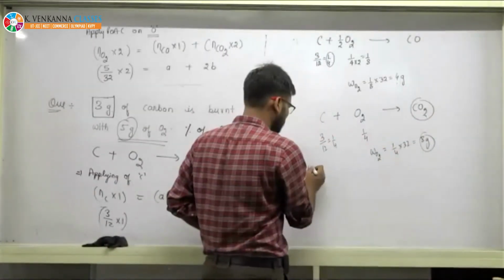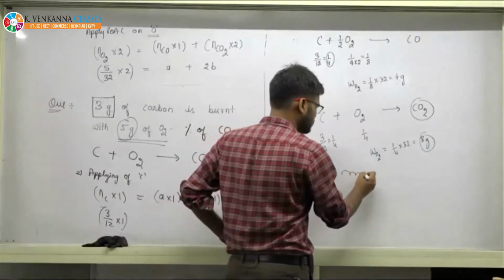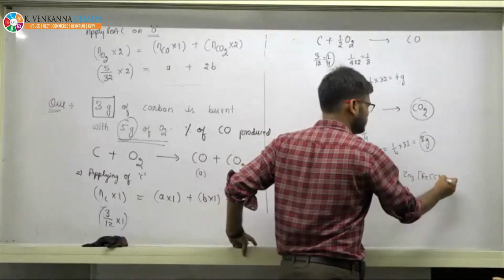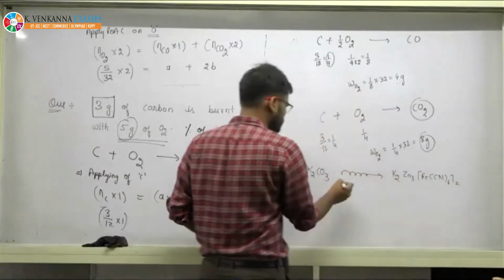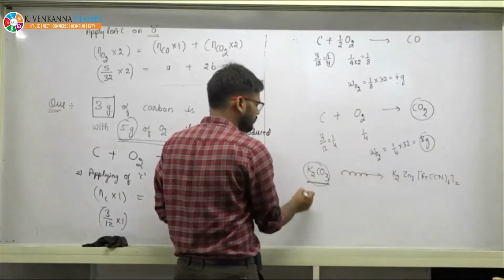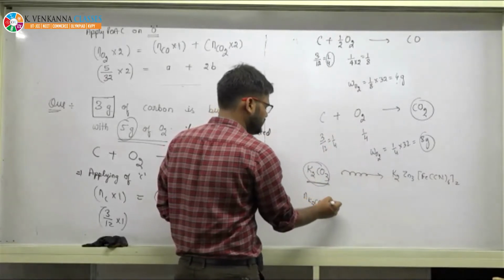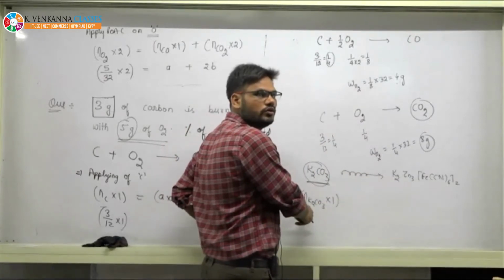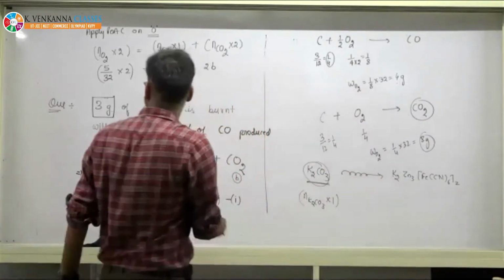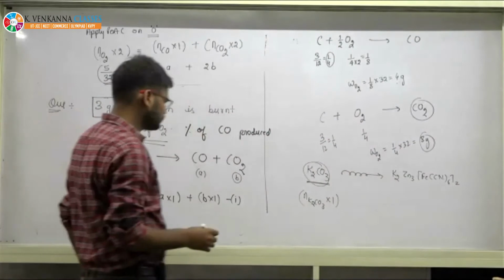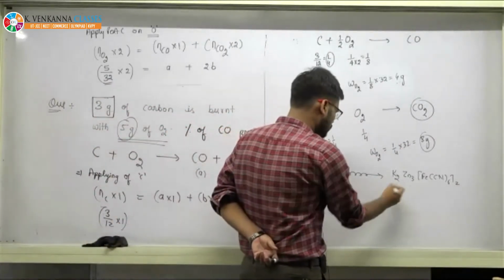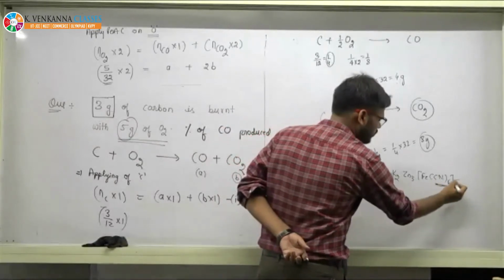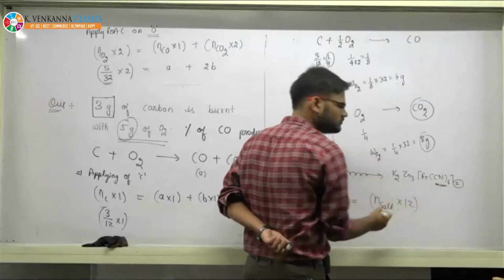The reaction given was K2CO3 gives K2Zn3[Fe(CN)6]2. Just to balance the carbon atom, they will be coming from this. So moles of K2CO3, and its atomicity is 1. You need to take the compound. Yes, it is 32, beta, so I have written 32. It should be equal to moles of this salt into, if you see, there are 6 atoms into 2, that is 12. That's it.